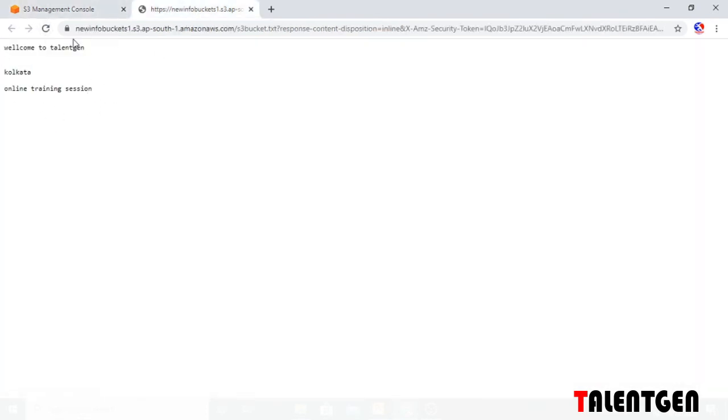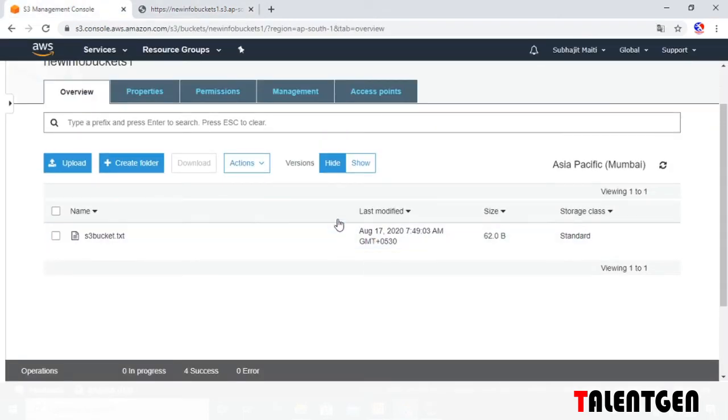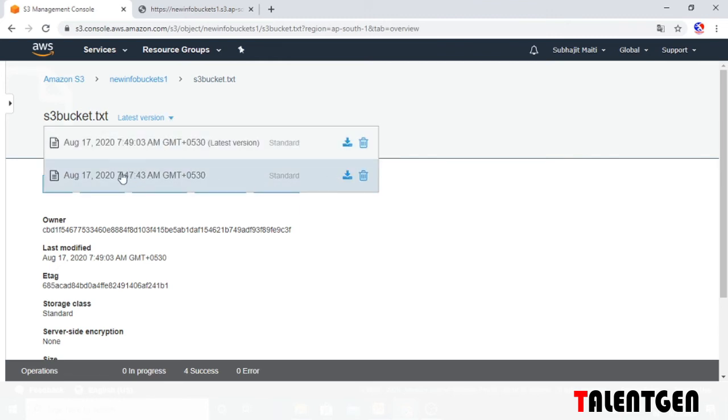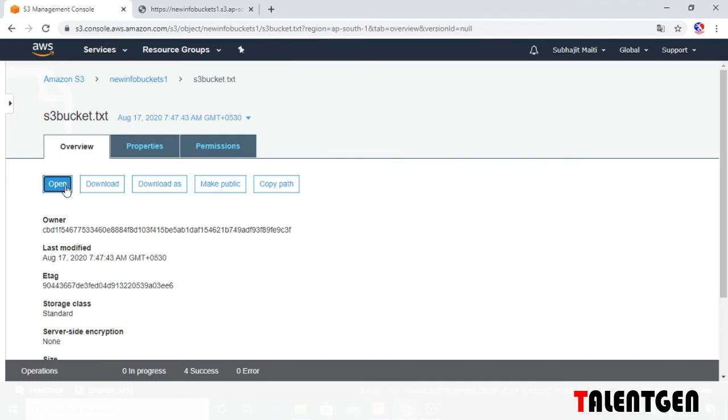Now the file will be overwritten. Now back to the file, click on it, and this is the latest version. Click on the latest version arrow sign, and here are all the available versions. Click on the previous version and open the file.